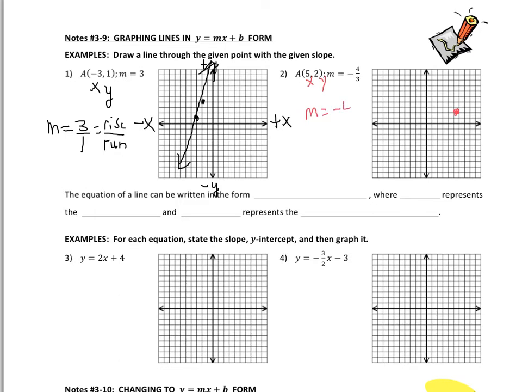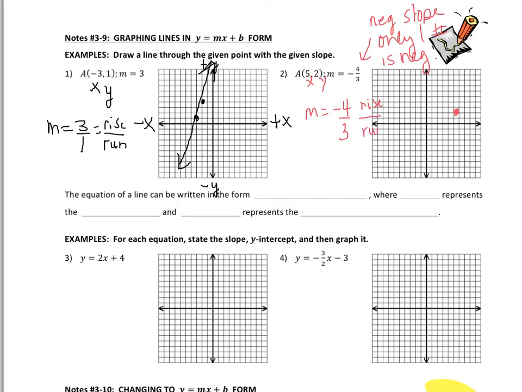is -4/3. Now notice that when you have a negative slope, you're only going to make one of the numbers negative. So I just always make the top number negative, but just remember, when it's a negative slope, only one number is negative. Okay, either the top or the bottom. If we just always do the top, then we'll all be doing the exact same thing. So that's going to represent our rise